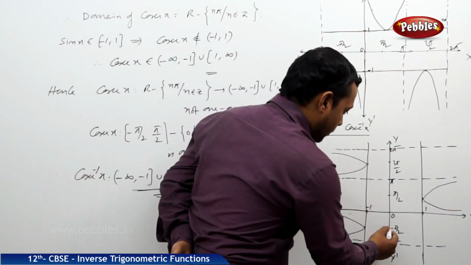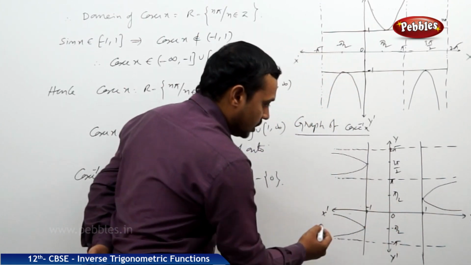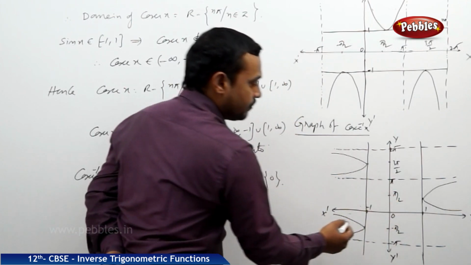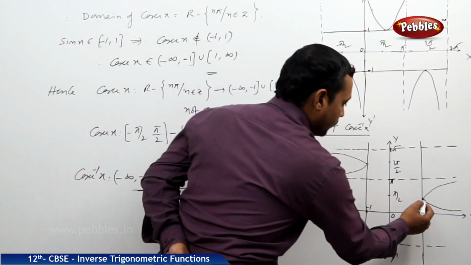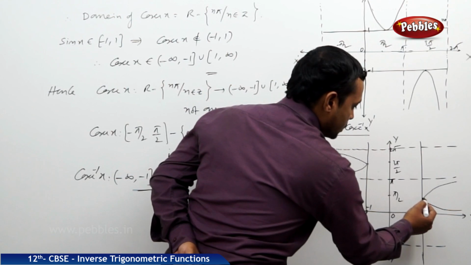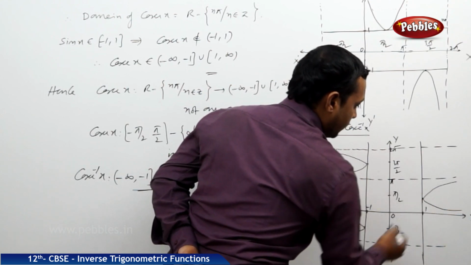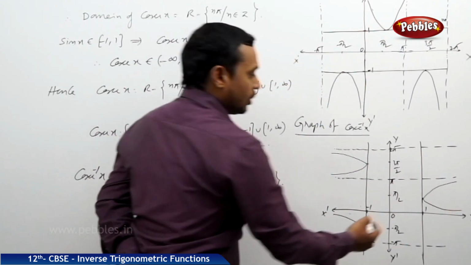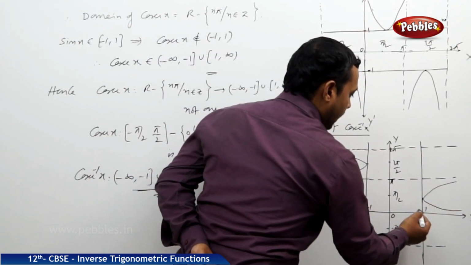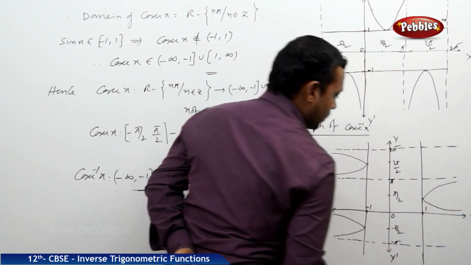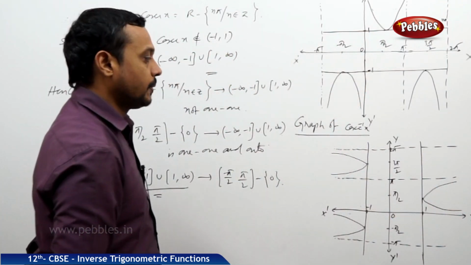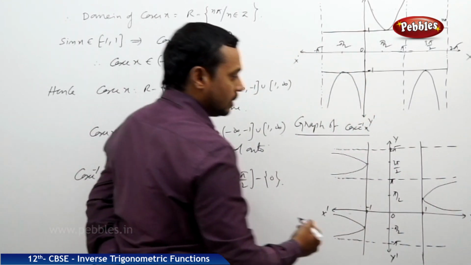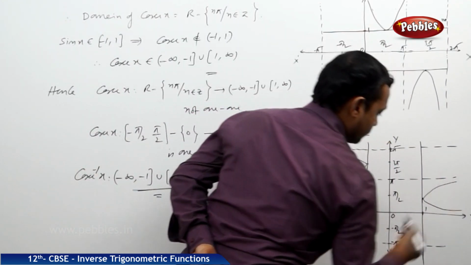In minus pi by 2 to 0 to pi by 2, the graph is: cosecant inverse of 1 is equal to pi by 2, and cosecant inverse of 0 is undefined, and cosecant inverse of 0 again is equal to pi, so that it is going to infinity. Therefore, the graph is like this.